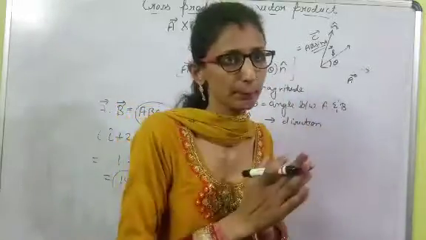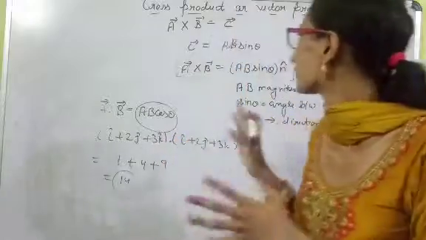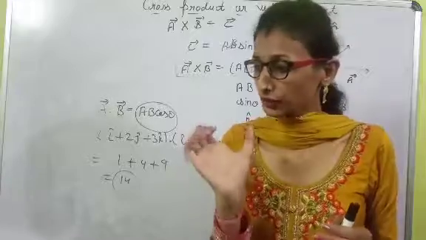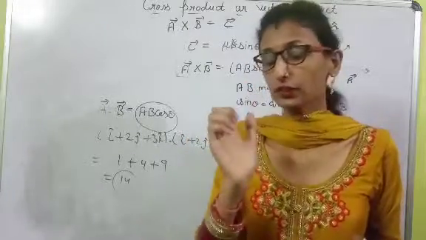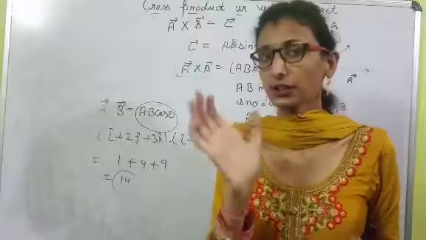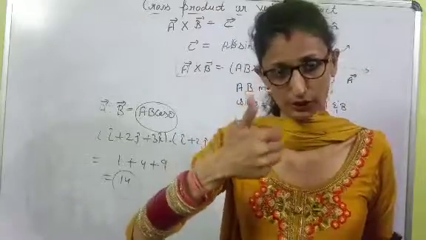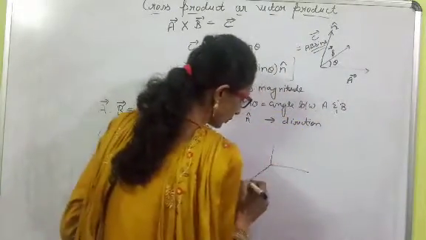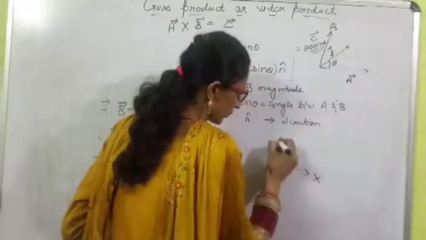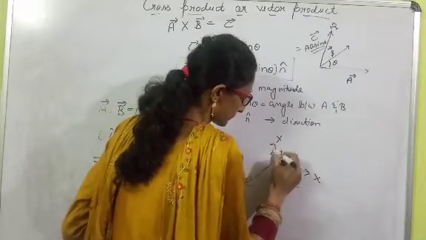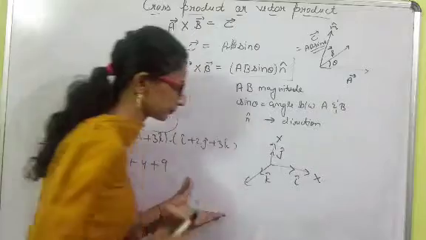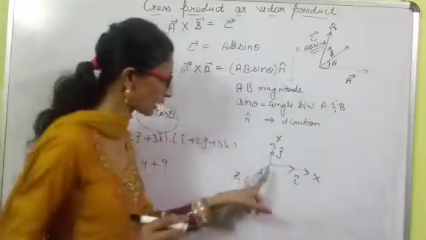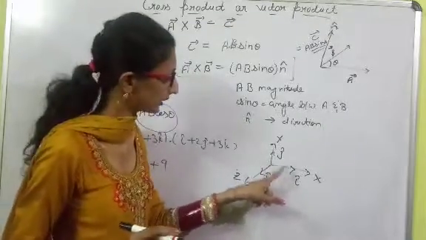First of all, take an example from daily life. In the case of a screw, we know that we rotate the screw in a direction. If we rotate the screw in the anti-clockwise direction, it will move in the upward direction. Suppose we take the coordinates x, y, z, that is i cap, j cap and k cap. We know that this z, the k cap, is always perpendicular to the i, j plane.